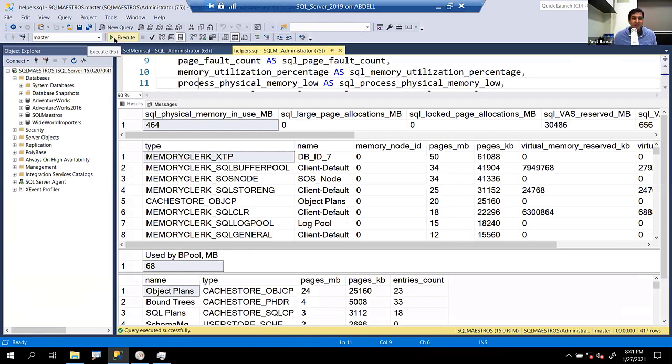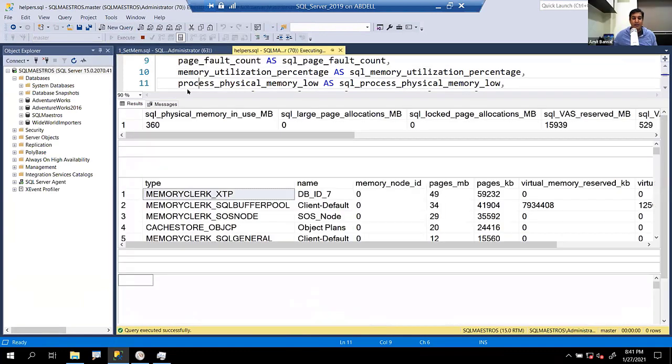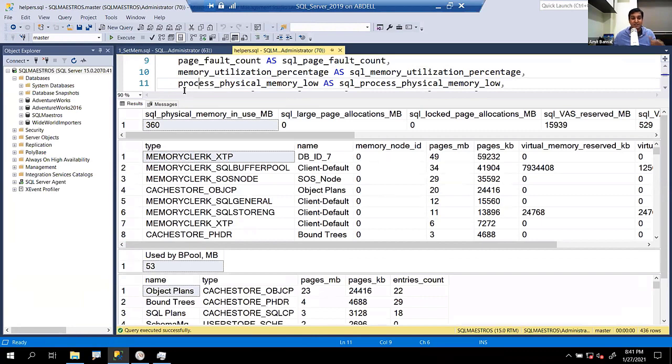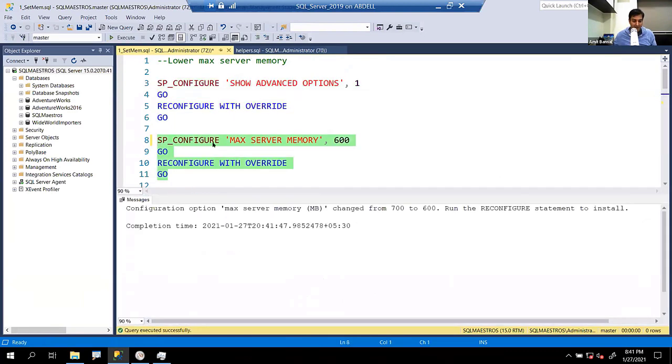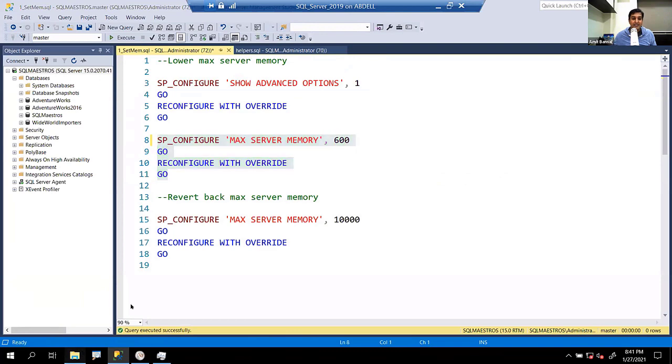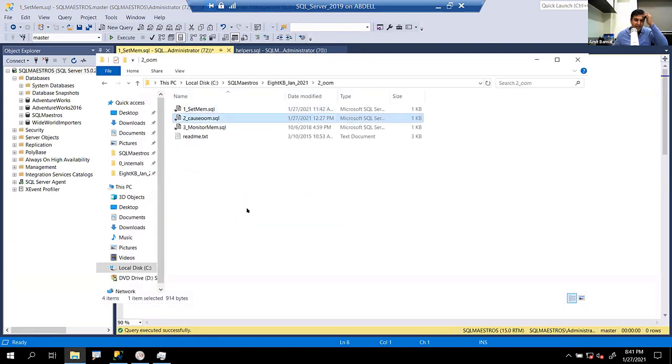Thanks, Andrew. So let's look at the helpers DMV now. Where are we? We are at 360 MB, and this is much less because max memory is set to 700 MB already. And I'm not going to change this to 700. Let's put it to 600. So we are going to show advanced options. That's already turned on. Set max memory to 600 MB. We have done that. Now 600 MB is max, and we are going to cause another round of